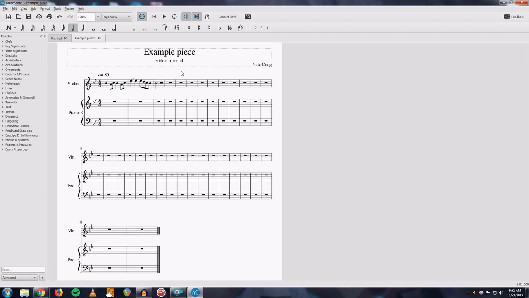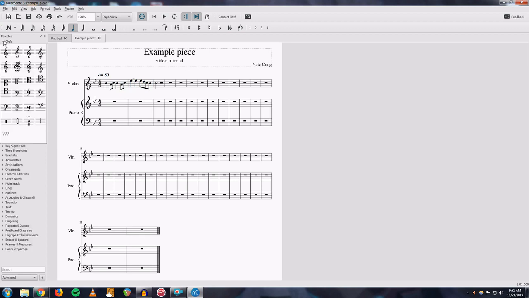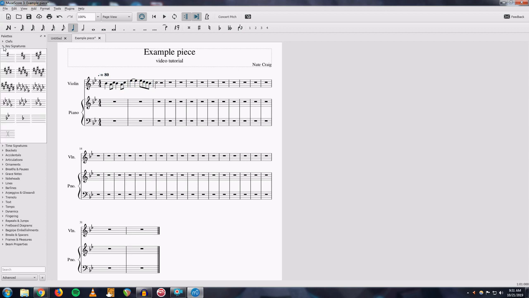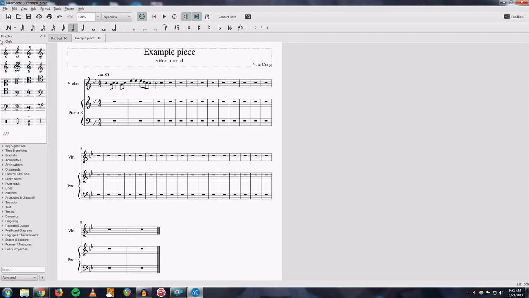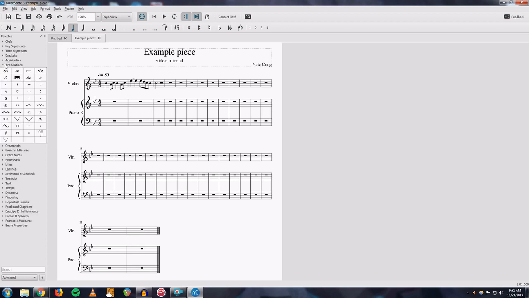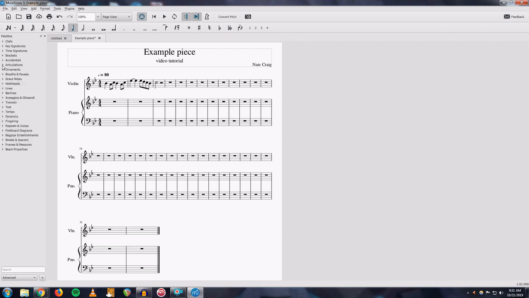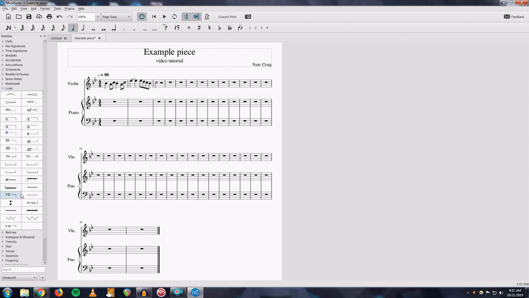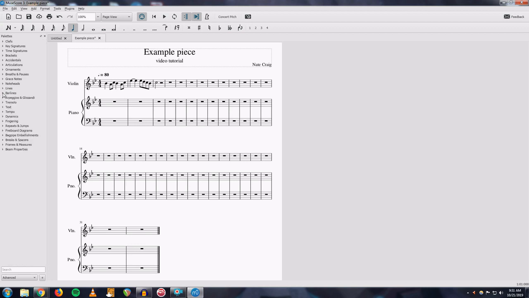To add even a little bit more musicality, the palettes on the left side of the screen give you full access to changing keys, changing clefs, changing time signatures, brackets, accidentals, different articulations, ornaments, breaths and pauses, grace notes, different shaped and sized note heads, lines that go under the staff, bar lines in between measures, arpeggios and glissandi sliding between notes,